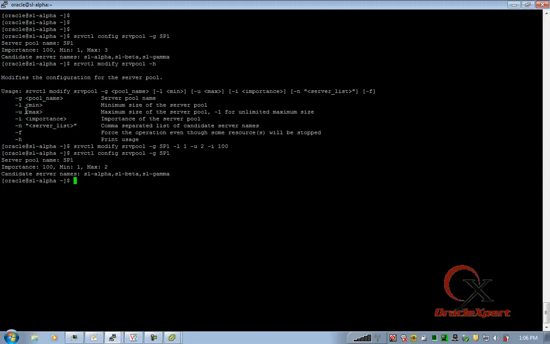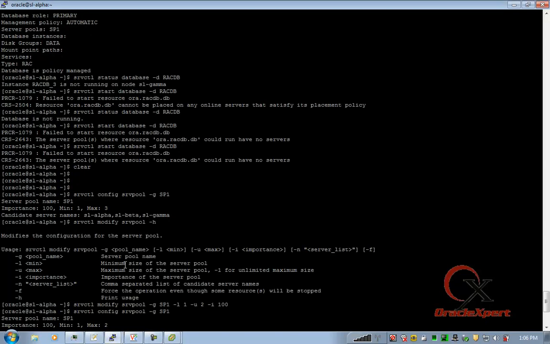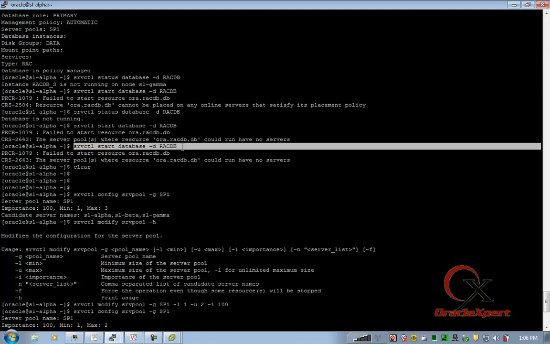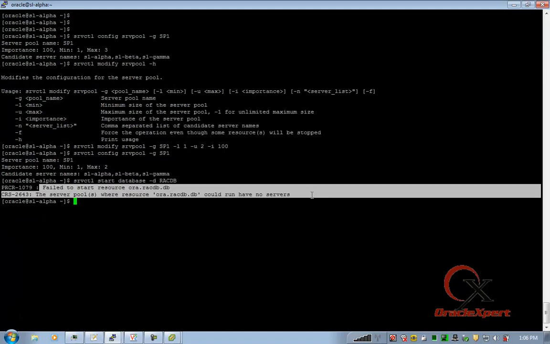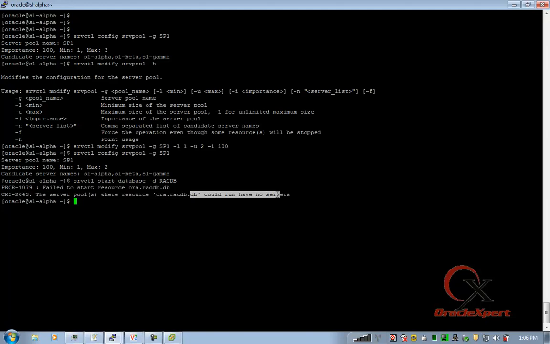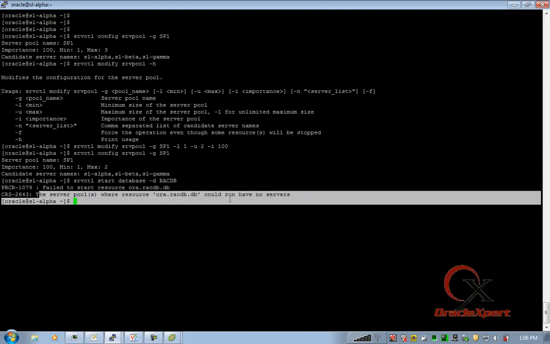I have modified minimum and maximum. Minimum is anyways intact. Maximum only value I have changed from 3 to 2. Let me try to start the database and see if it still complains about it. It still says the server pool where resources should run have no servers available in it.